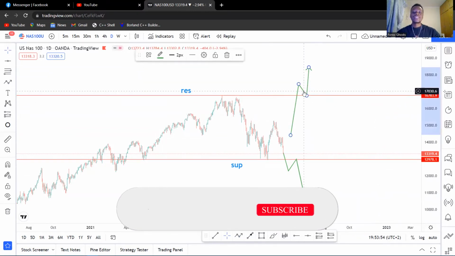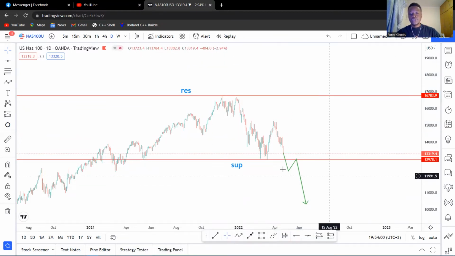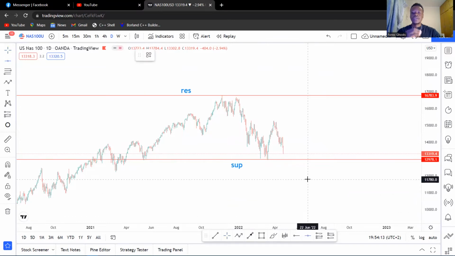So let's just go and analyze using support and resistance. Today we're not going to mark any trend. We're just going to analyze using support and resistance. So let's delete this. And then where we see the price reacting at that point, we're going to plot our horizontal line. So here, that's where we see that we had some level of resistance somewhere around here,